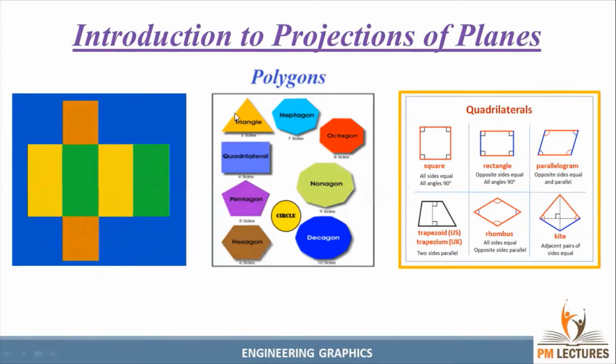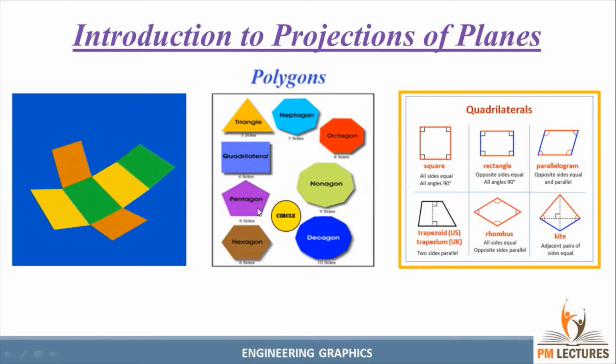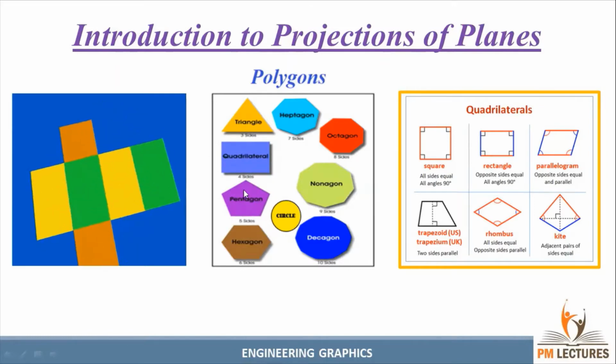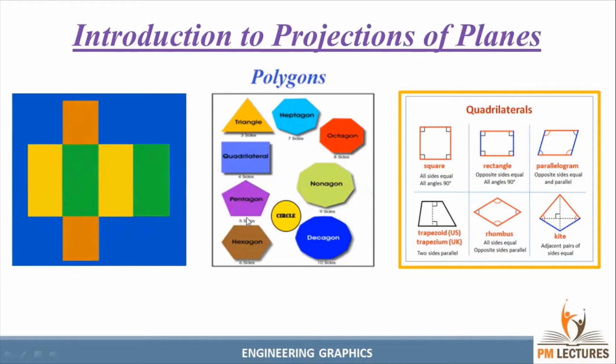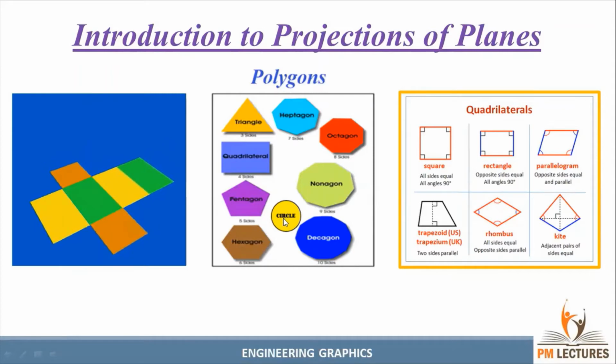See here, the 3 points there, 1, 2, 3. The 3 points combine to make a triangle. It has three sides. See here, 4 points are able to make a rectangle plane and it has four sides. Here, 5 points are able to make a pentagon plane. It has five sides or five edges. The sides you can say as edges also. Similarly, 6 points combine to form a hexagon plane. It has six edges or six sides, we can say. A circle is also a plane, guys.